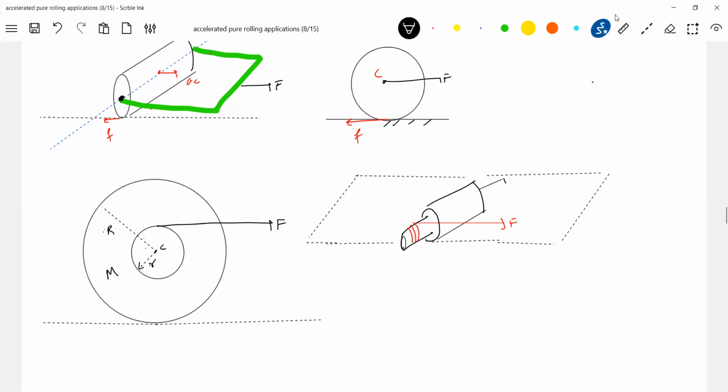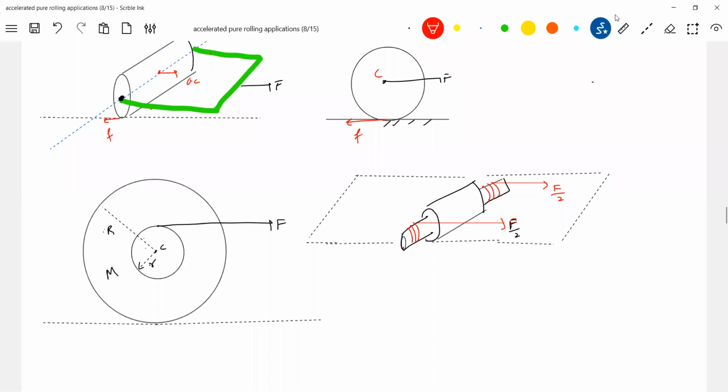Some of you are getting confused. Here I'll pull with F by 2 force. I'll tie another string. So what is the net force acting now? F only. If I pull this, what will happen? I think you can do this. Take any object, tie one string here, tie one string here, and pull both the strings with the same force, F by 2. The plane diagram is this one.